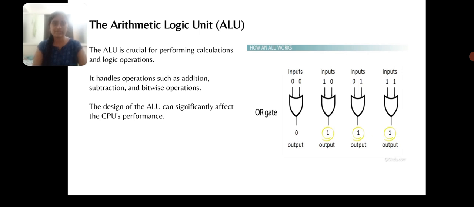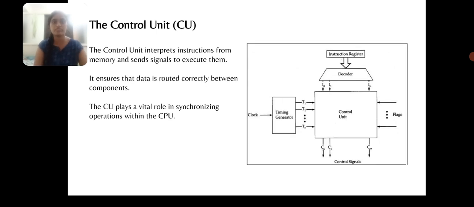Beside you can see the OR gate, where the inputs are 0 and 0. With the OR gate, we are giving the input, first one is 0 0, and with that the output is 0. If in the OR gate we give the input as 1, the output is also 1. In the other three diagrams you can see we are giving a 1 as input, so the output is also 1. If we give only 0, the output will be only 0.